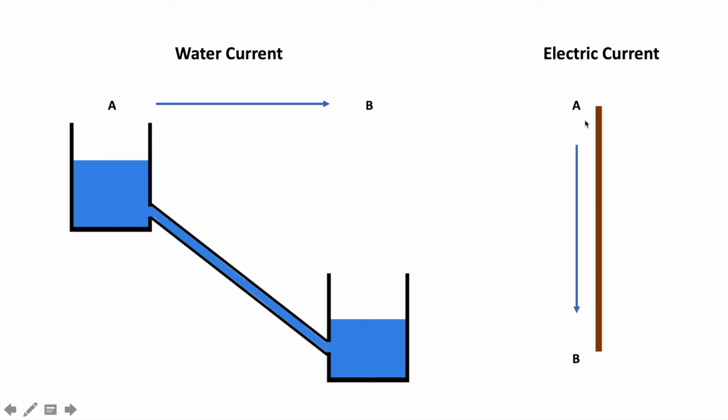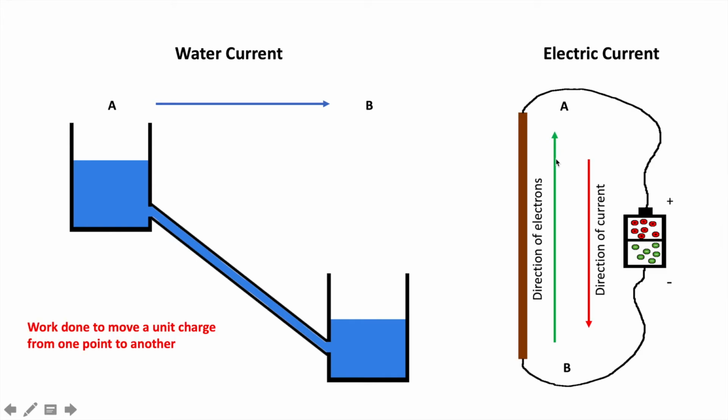How can we introduce a potential difference in the case of a wire? For making a potential difference in a wire, we can use a battery which has a positive and negative terminal. The difference in the energy level of the positive and negative terminal creates a potential difference here and it exerts a force. This force allows the movement of charges, or the movement of current, in a wire.